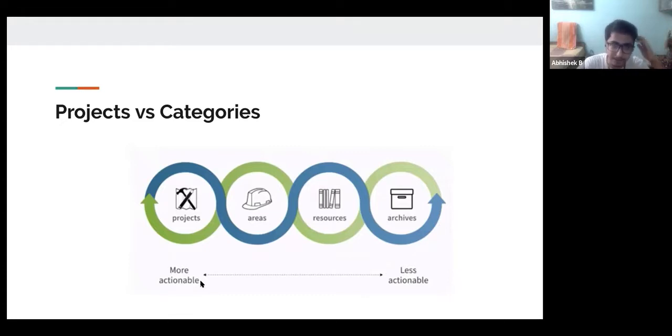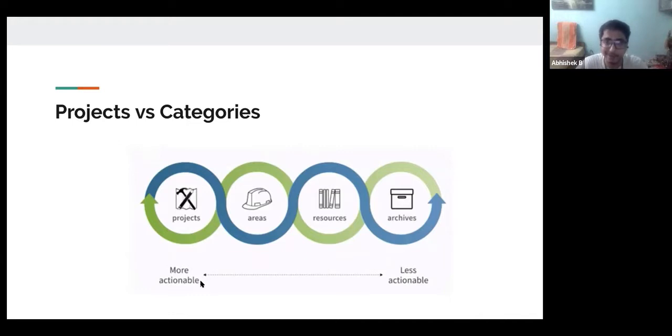So a project is a middle ground between these two areas. It's not like ideas, which are not very actionable. But the beauty of having projects is that your scope is limited, you have a deadline, and that helps you see how the information that you're collecting is actually translating into some output.